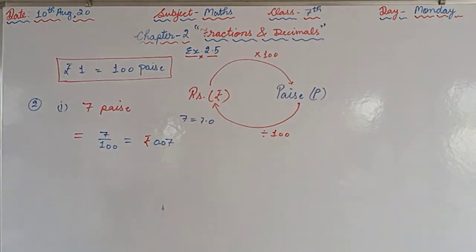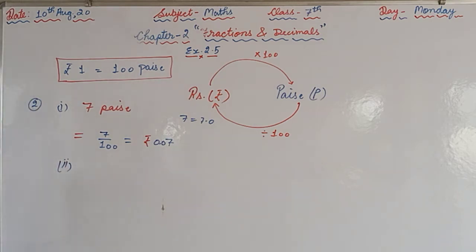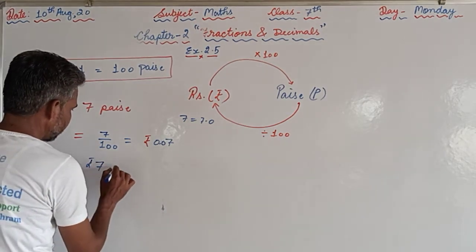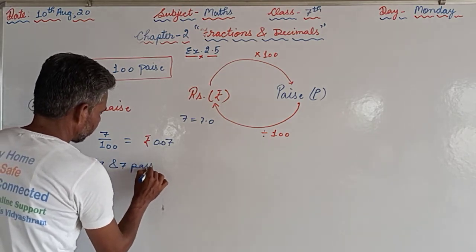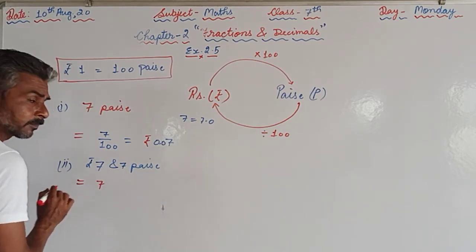rupees. At the same time, we will take the second part. So we are supposed to convert 7 rupees 7 paise into rupees. So 7 rupees is already in rupees,